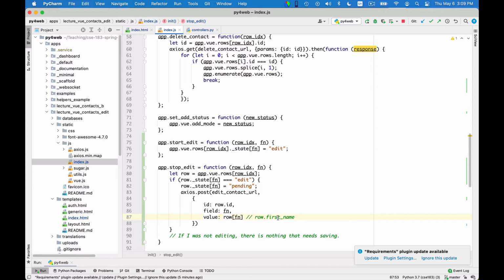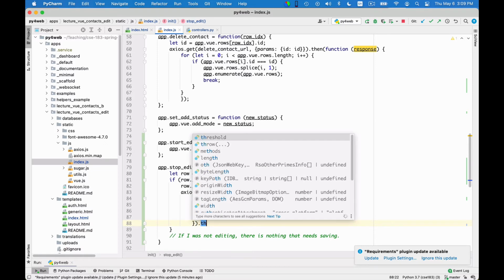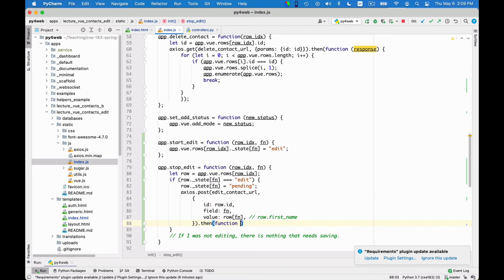But if this first name is contained in a variable, if fn in this case, you can use the square bracket notation to access the portion, right? So we can do it this way. Let me put a comma just for beauty. And so this is the server call, and it will carry out the modification, and then function result.